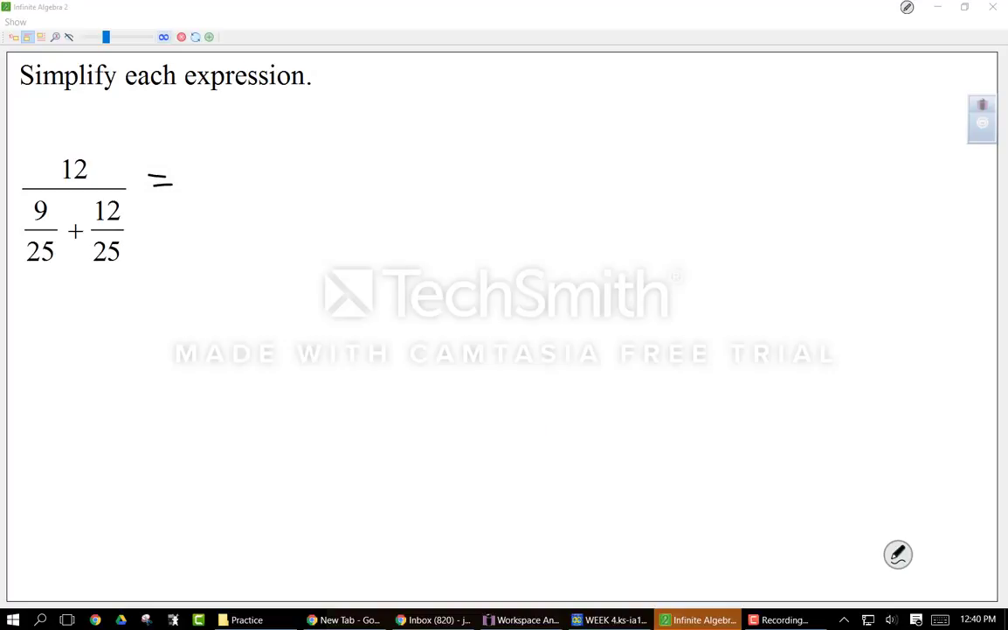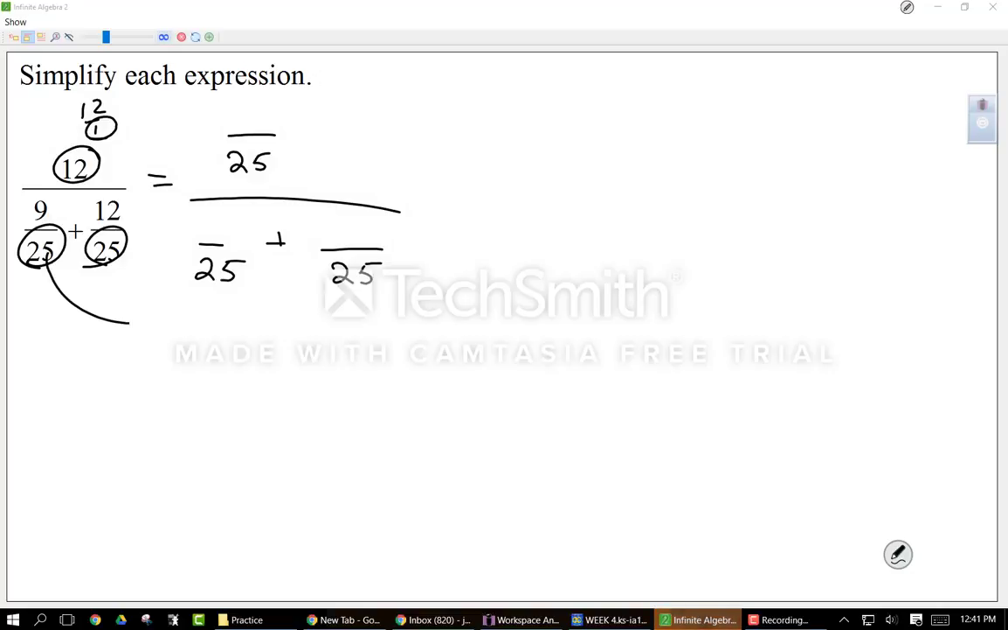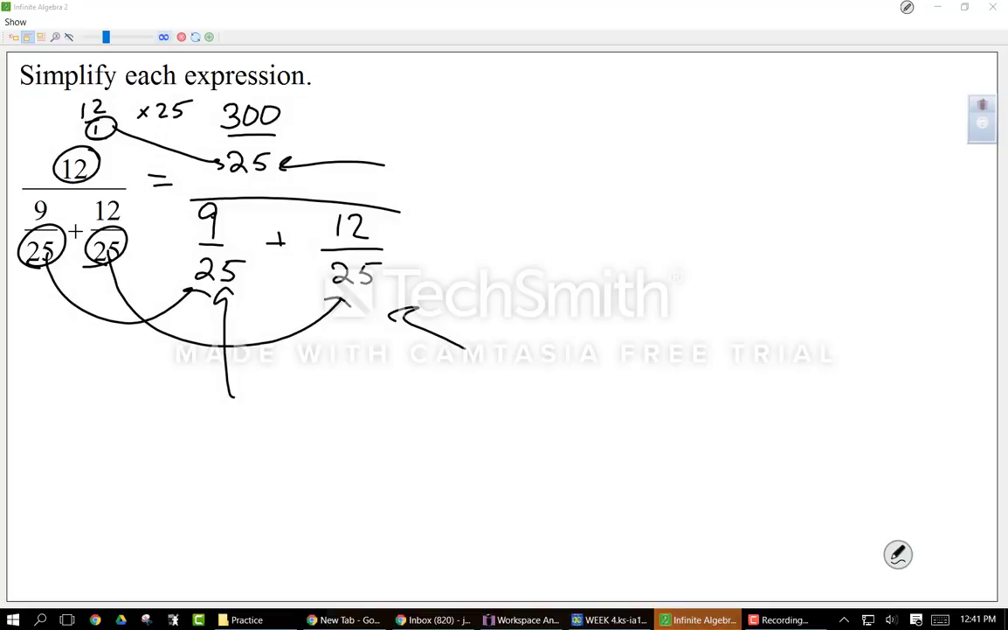So this particular problem, technically this 12 is really a 12 over 1. So what is my new denominator? Well, this is 25, 25, and 1. So my new denominator has to be just a 25. Because I didn't change this one, and I didn't change that one, it's still 9 plus 12. But I did change this one. I multiplied by 25. So that gives me 300. 12 times 25. Because now my denominators are the same, I get 300 over 9 plus 12, which is 300